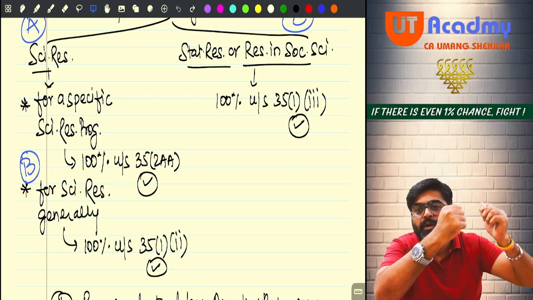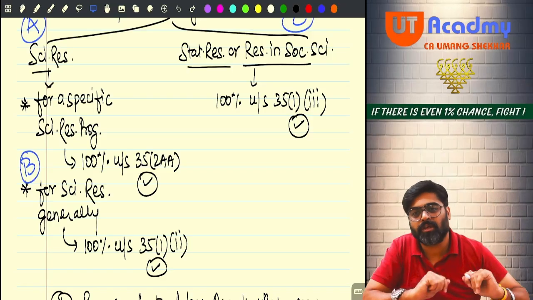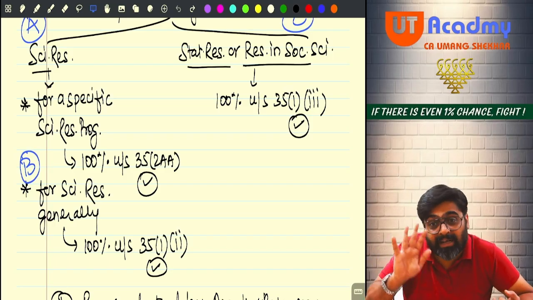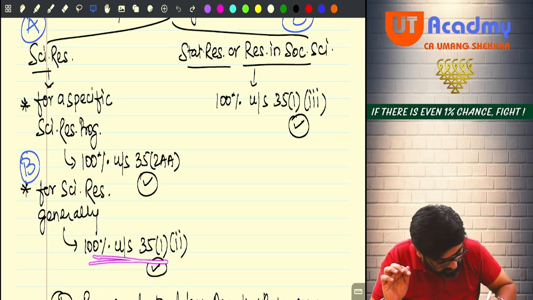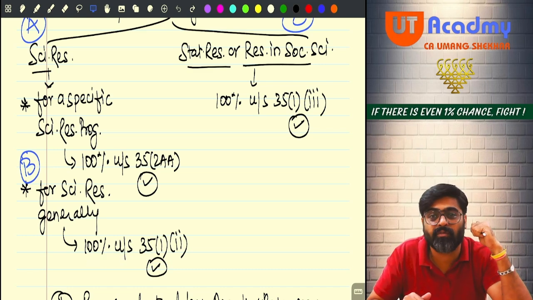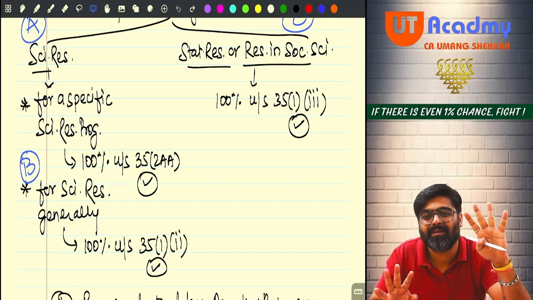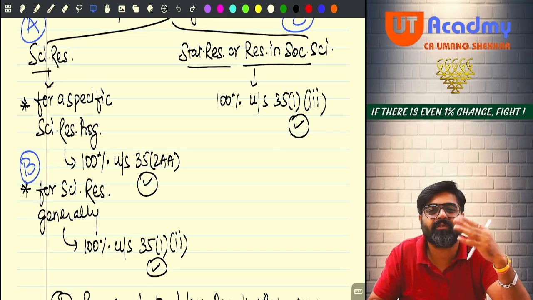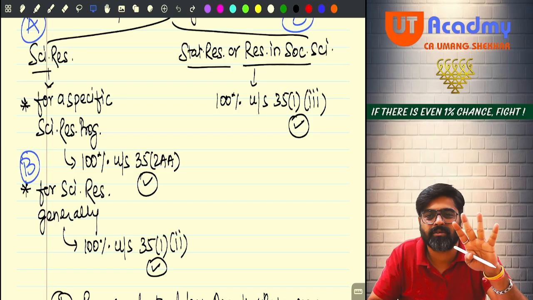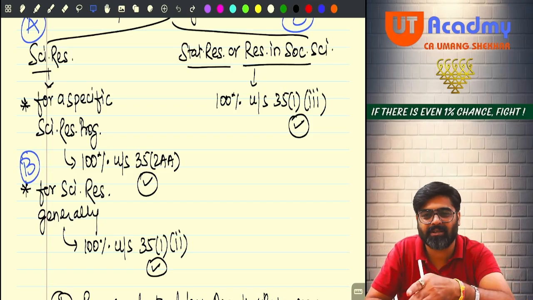But what if you give 5 lakh rupees to ISRO saying use this for your research? Now it can be used for any program. Hello, general donation. It used to be covered here. Earlier it used to be allowed to the extent of 150%, 175%. Yes or no? Now what? 100%. Even for a specific program, 100%, and general also 100%. So why are you remembering the clauses and everything? Just remember section 35, fully allowed.